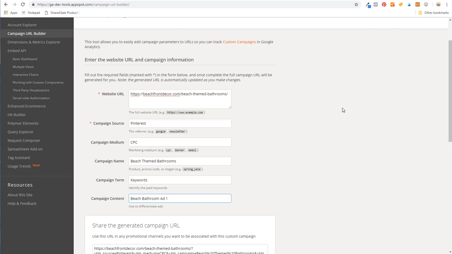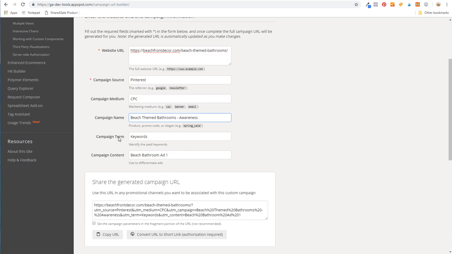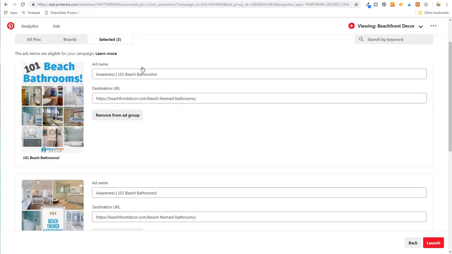If you're not familiar with the Google URL Builder, it allows you to track your campaigns into Google Analytics. We went over this in much more detail in our traffic campaign tutorial, so I would highly recommend watching that one again. What you can see is website URL, we're going to beach theme bathrooms, campaign source is Pinterest, campaign medium is CPC, campaign name beach theme bathrooms. We can do awareness. Campaign term is going to be keywords, so what we're targeting, and campaign content, we just want to do each one separately. So beach bathroom ad 1, we'll copy URL, come back over to Pinterest,